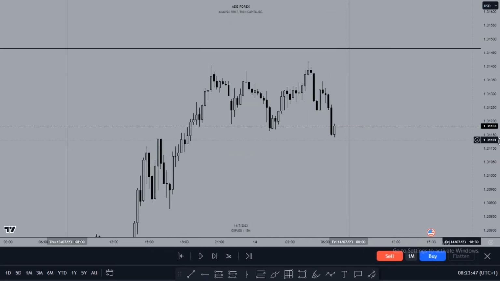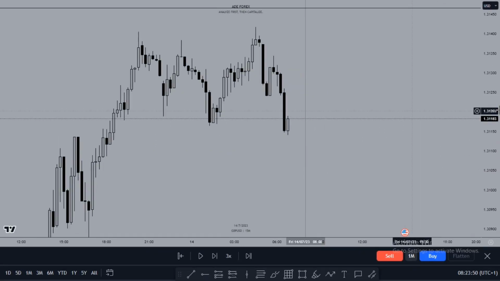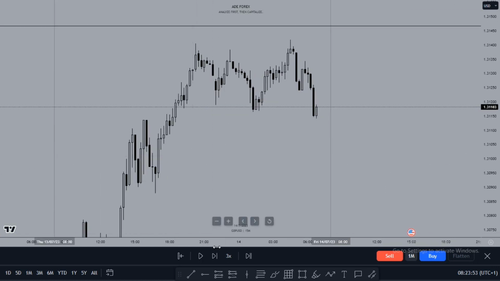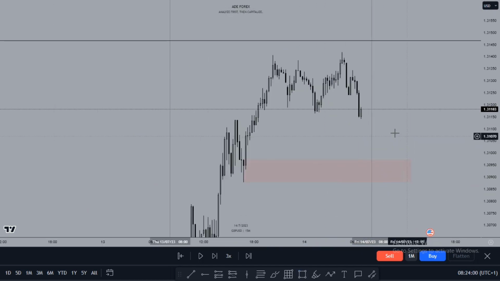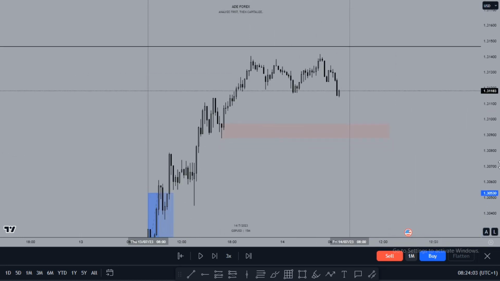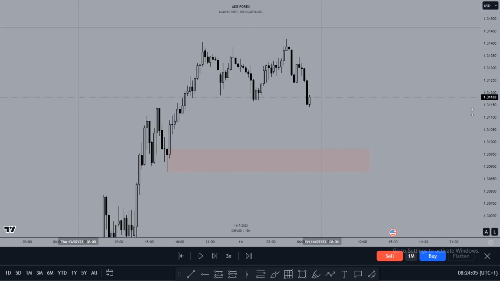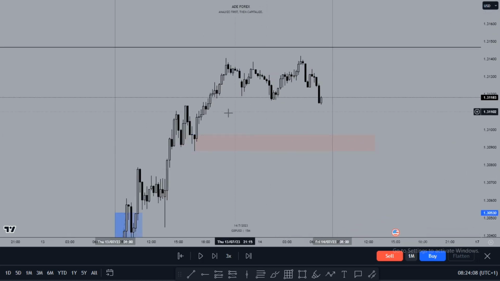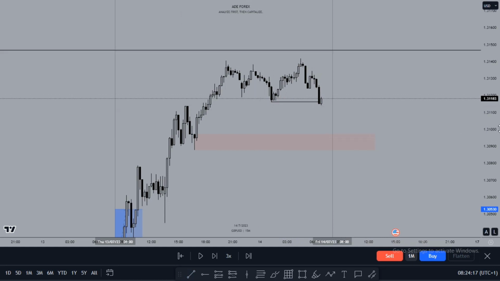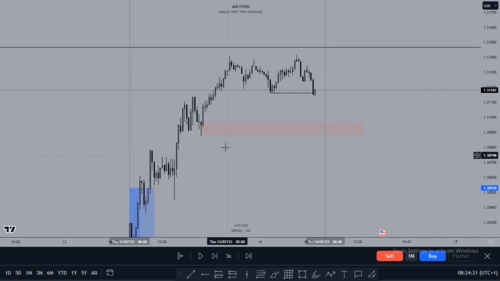All right, guys, so moving on to the trade that I took on Friday. Basically, what I was looking at was these particular levels, these particular areas. I was looking at what the market was going to do at these certain areas. My thought process was, okay, we're going to take out this, and in fact, as you can see, at the time I came into the market, we had already taken out the Asian low. So my thought process was, perhaps the market might actually take out this low,